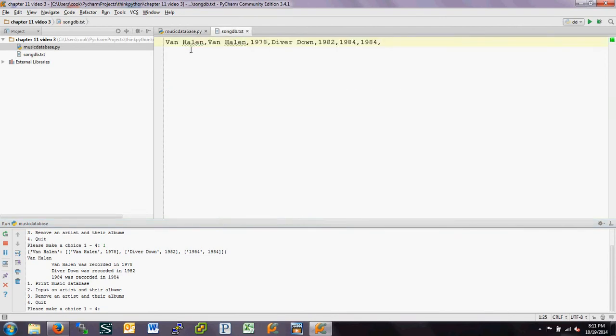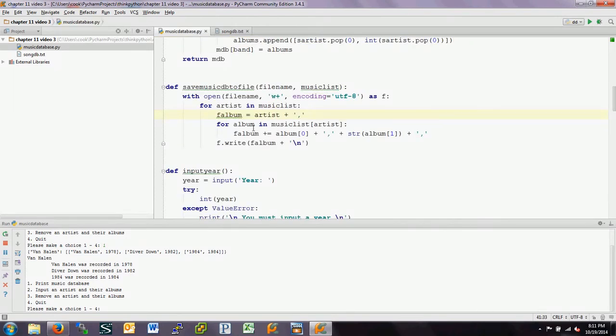So right now we have Van Halen, comma. Then for album in music list artist, so music list is a dictionary. I go to artist, so I'm going to the dictionary entry for Van Halen in this case, and that dictionary entry is the stuff after the colon, so it's this list of albums. And for each album in that list, so I take one of these albums